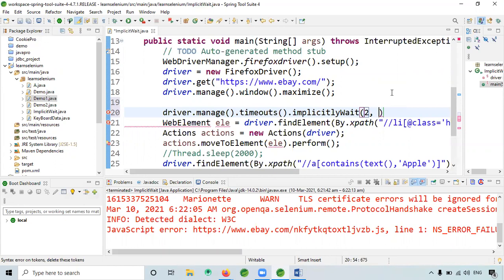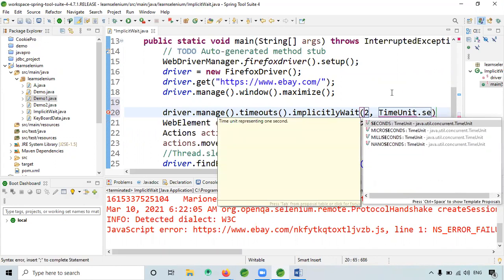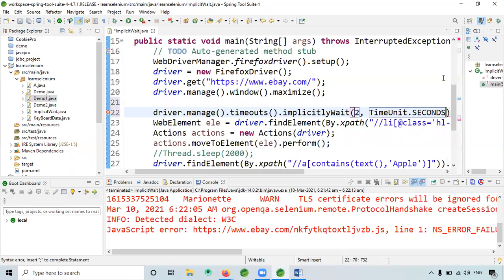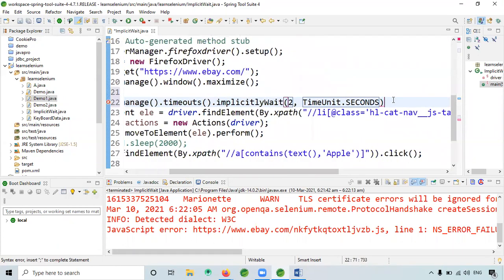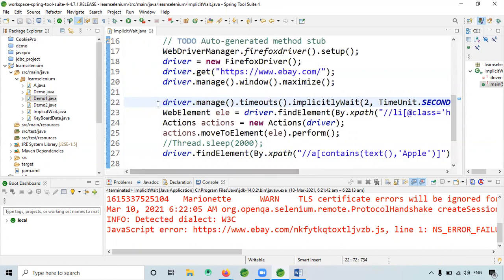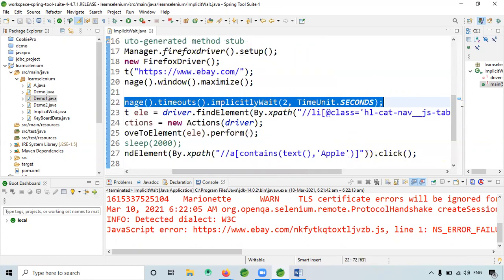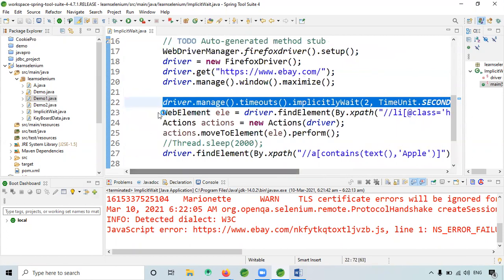For that, specify TimeUnit dot SECONDS, and put the semicolon. Once you set it, it is applicable throughout the code.